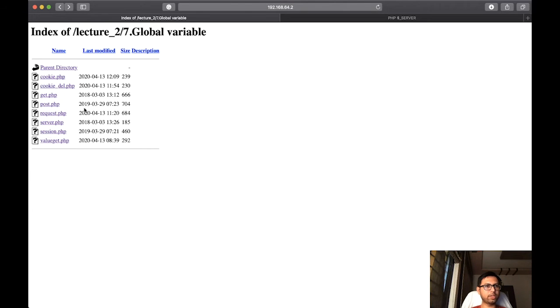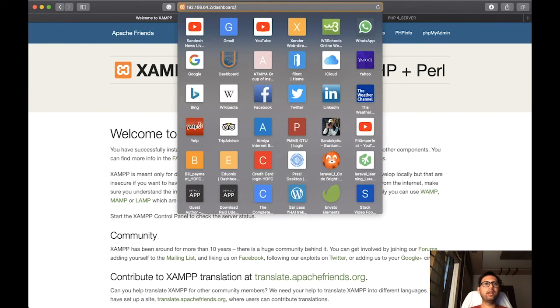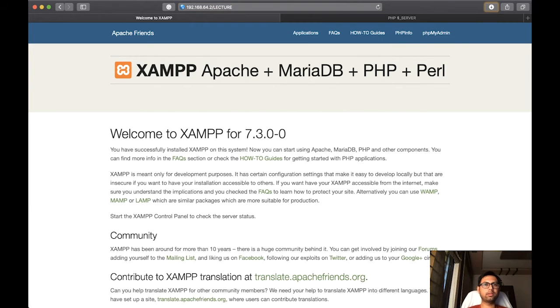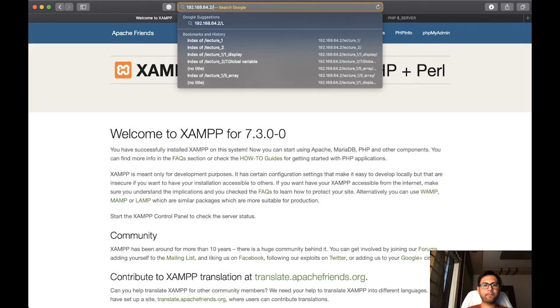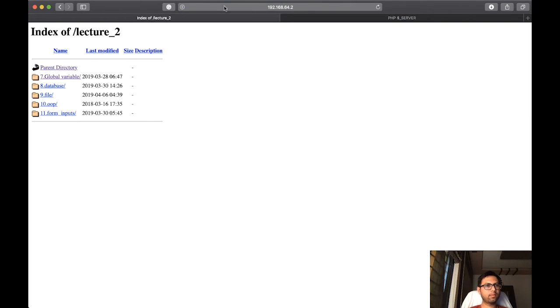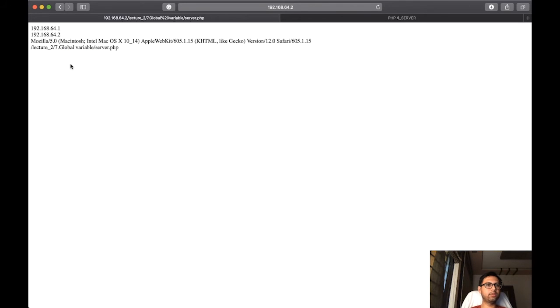The server.php file lies in the global variable folder, which lies in the lecture_2 folder. So lecture_2 holds global variable, which holds server.php. So the same is written over here.